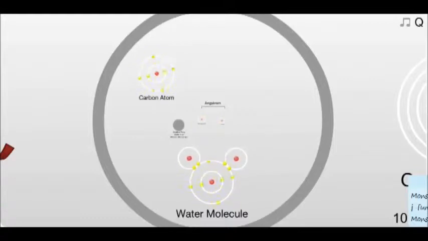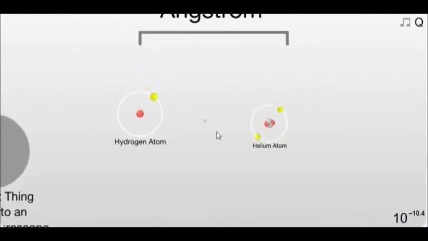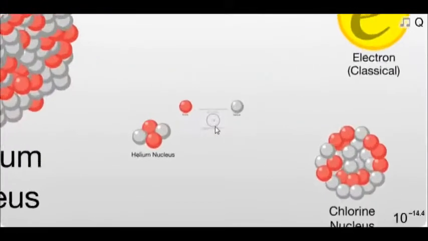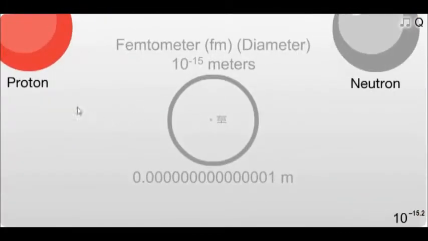But if I were to zoom in on this display here, kind of zoom down like this, I can see that there's actually atoms that are even smaller than a water atom. There's the hydrogen atom or the helium atom. And then if I wanted to see how big those little bits were, I can zoom even further. Whoa, look at this. Here's the electron. That's the little yellow guy that's flying around the outside. And even further, I get to these bits here, the proton and the neutron. That's what makes up the center of the atom.